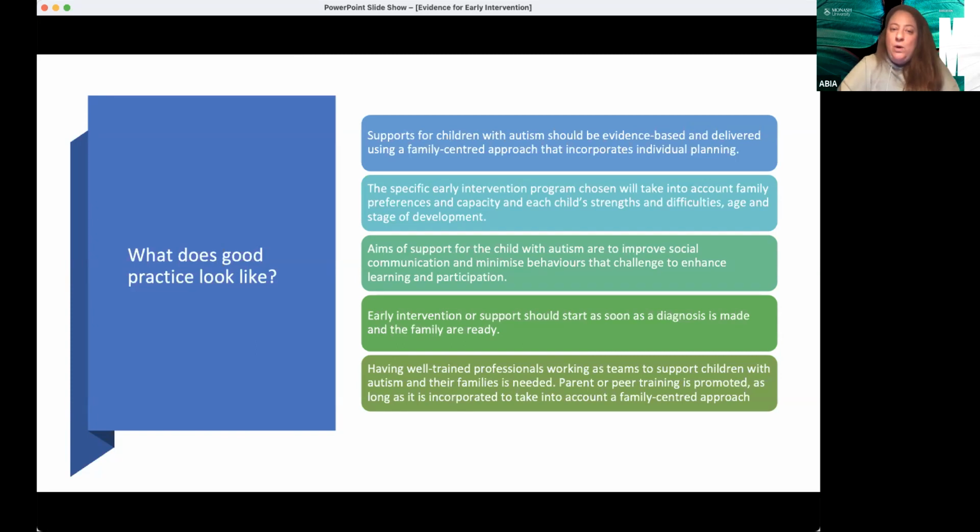The aims of support for the child with autism ultimately look at improving social communication, improving the child's ability to communicate their wants and needs in ways that are safe and understandable to other people, and helping them to form meaningful relationships with other people,